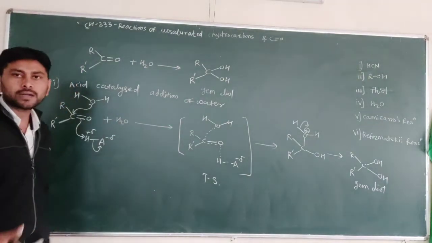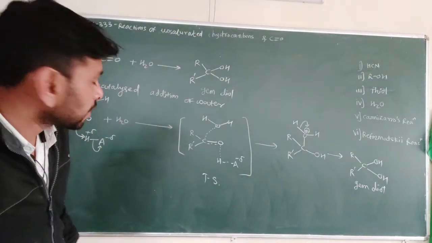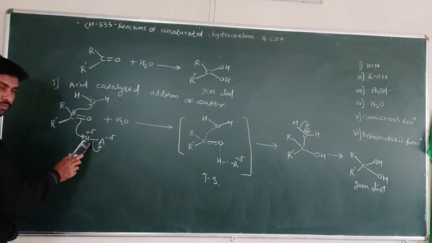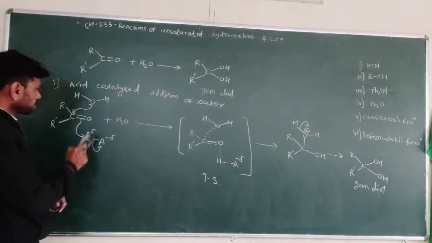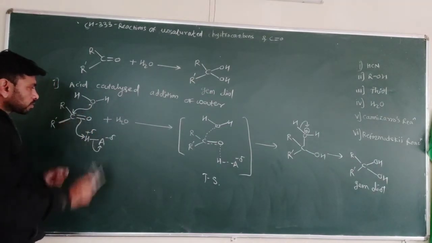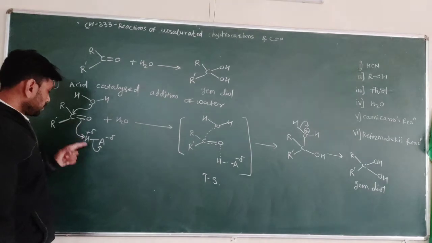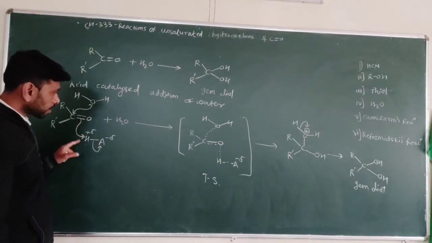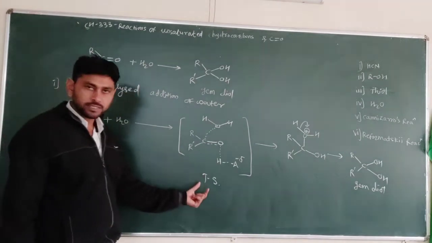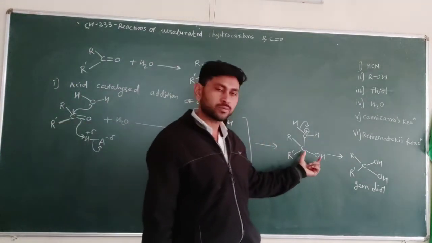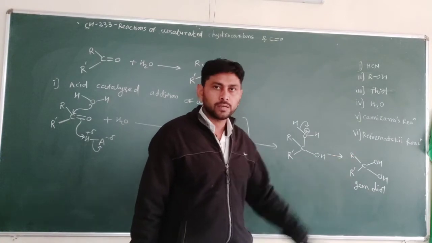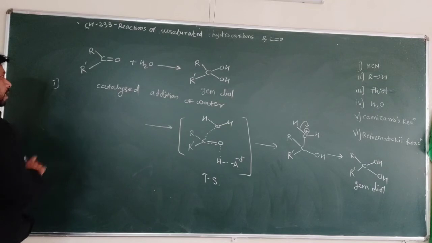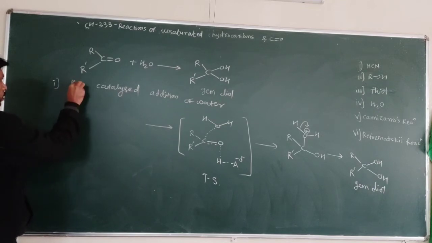So let's see second, base catalyzed gem diol formation. In the acid catalysis, we have used acid as a catalyst. Water molecule is added to this carbonyl carbon, and the H plus is involved here in this case. That's why it is acid catalyzed. We get a transition state, and breaking of this transition state gives rise to the structure of the product, the gem diol. Let's see the base catalyzed addition of water.